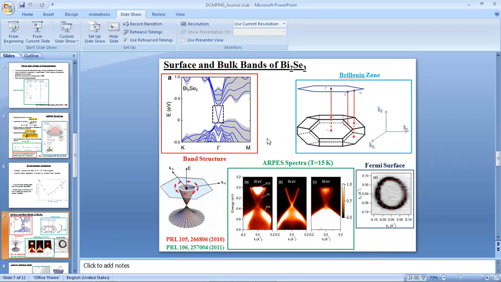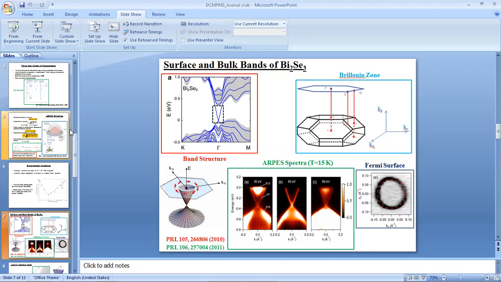In experiment, you have to first align your sample using Laue diffraction. There are 2-3 axis systems. Using Laue diffraction, I first put my sample in the Laue chamber and fix any random direction. Now from that random direction, I have to go to a particular direction and check whether that direction is achieved. Let's say I have a sample and I want to align it in such a way that the c-axis of the sample is towards me.